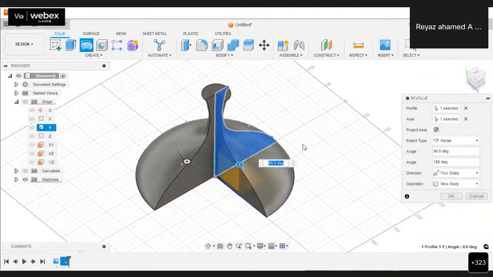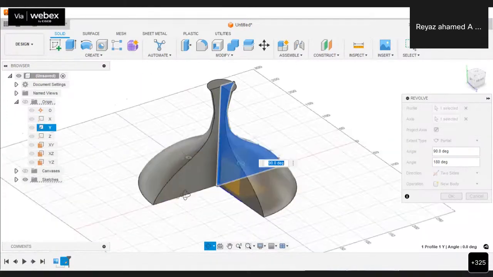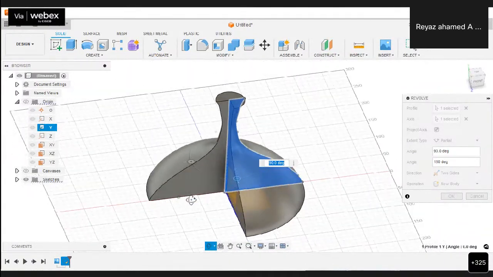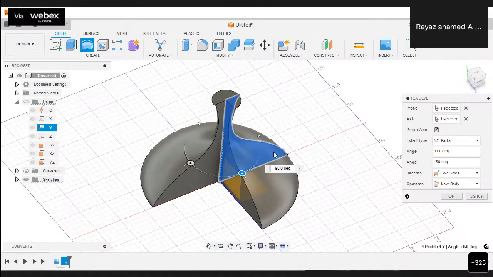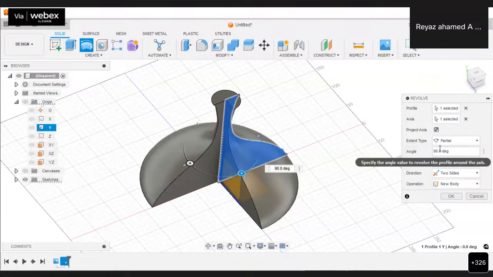I'm holding the shift key and also the central scroll button, and now I'm moving around. As I move my cursor, automatically the object gets rotated. See, this is my shared profile. From this profile, in one direction, the object is rotated for 90 degrees, and in another direction, it is rotated for 180 degrees because we have given the values like that here. So on one side, it is 90 degrees, and on the other side it is 180 degrees.